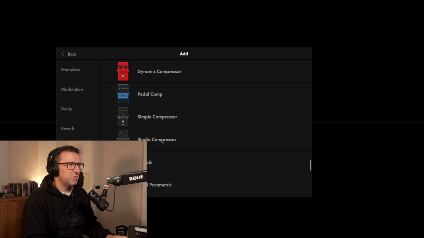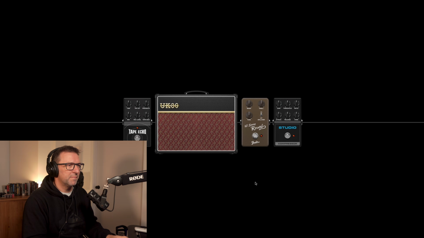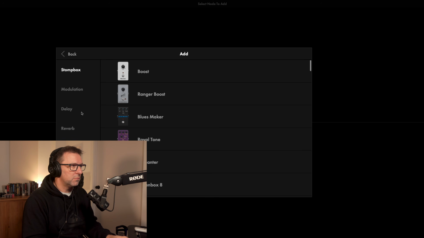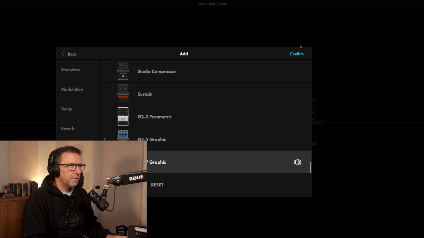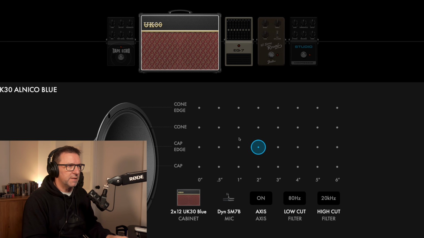Probably a studio compressor, I would have thought, if it's going to be after the amp. Need some kind of EQ. That can go before the reverb. And then just quickly set up two mics.